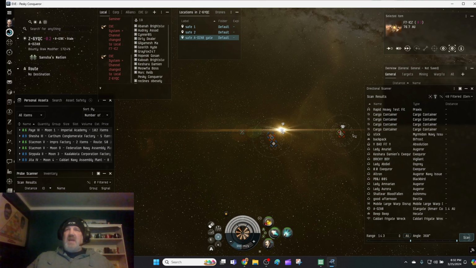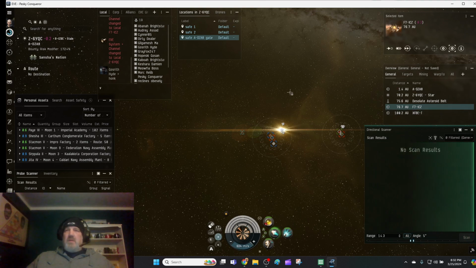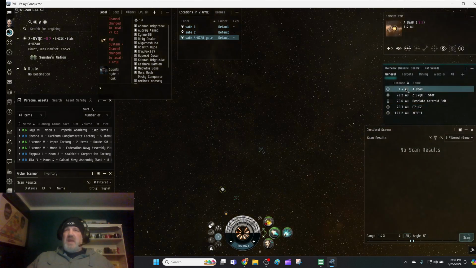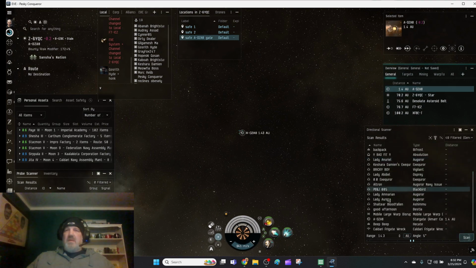Now let's see if this gate has that disruptor. We know it's within 360. I'm betting this is on the gate. So we're going to lower our angle, and then we're going to aim our scanner at the actual gate. Hit V, and there it is. This is a gate camp